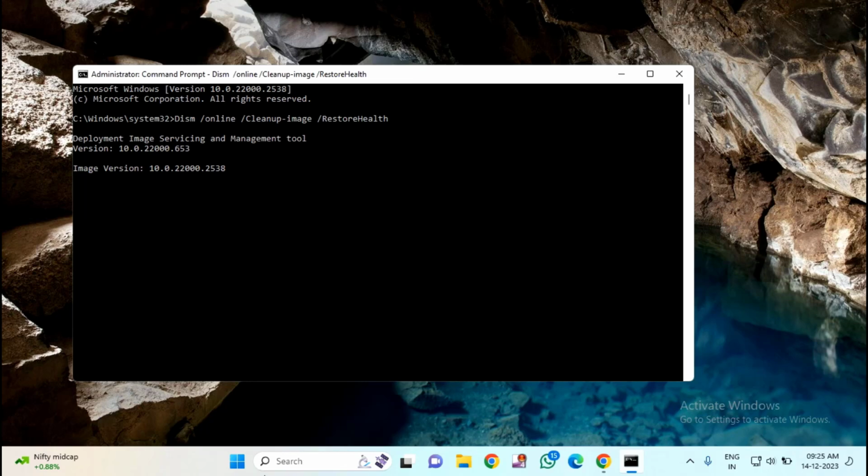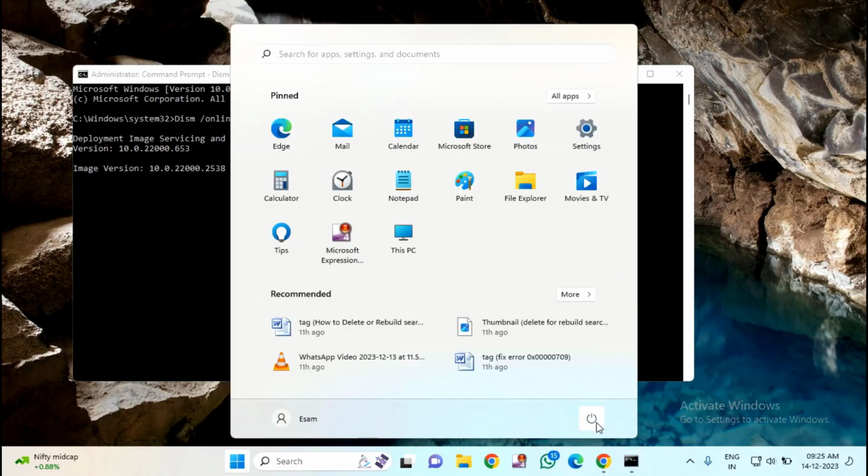After completion of this, you have to restart your PC. After restart, then you can try to update your Windows. Hopefully this issue will be resolved. That's it guys. So in this way you can fix Windows Update error